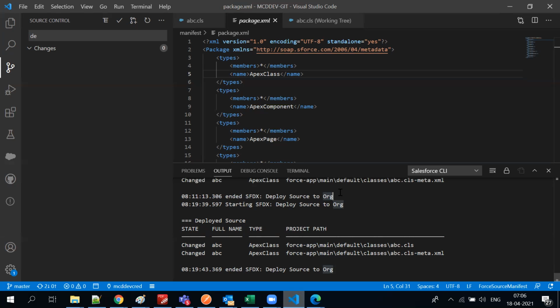So this is one way of deployment. There are multiple tools, like Flosum. Flosum is a third party tool. You have to purchase it from those guys and work with them. What they do is they ask for the login credentials of your dev org and the login credentials of your